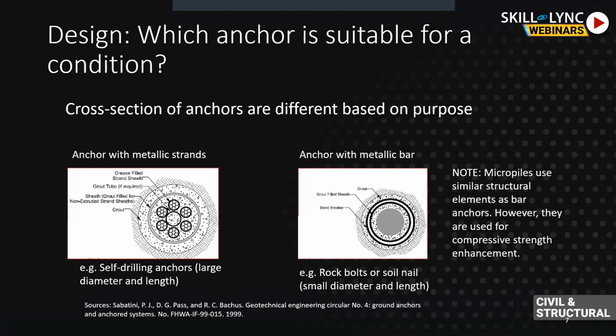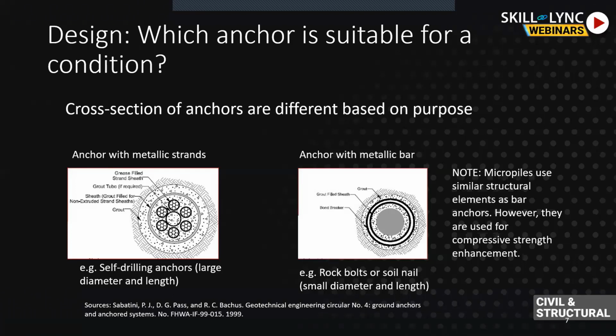So these are generally more stable than a single metallic bar, and they have different uses based on the length and diameter. And there are micropiles as well. Micropiles are similar to piles, but they generally differ in the application of compression and tension. People generally design micropiles to resist the pullout, but micropiles can also be used as a tension mechanism anchor. So micropiles are in the middle of this pile and anchor, so they can be used as both.